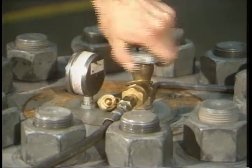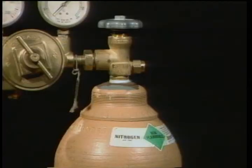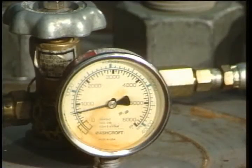To pressurize the dampener, open the charging valve on the dampener. Then, open the valve on the nitrogen bottle and turn the handle on the regulator to allow nitrogen into the dampener. Since you want 650 psi, that is what the gauge on the left should read. When you reach the precharge level,